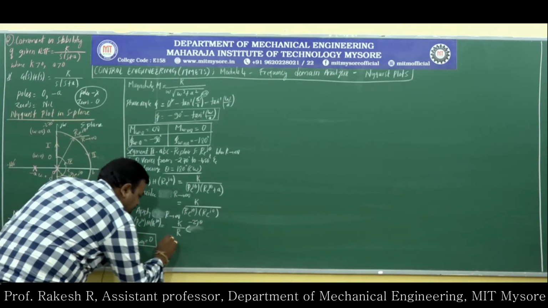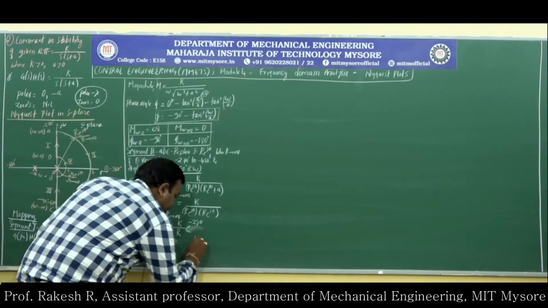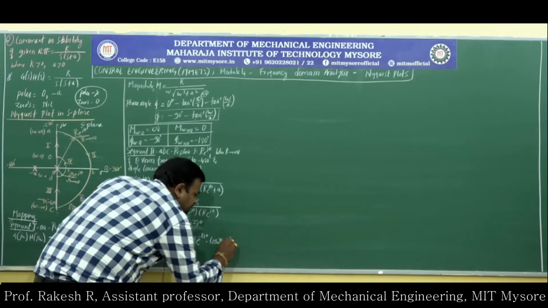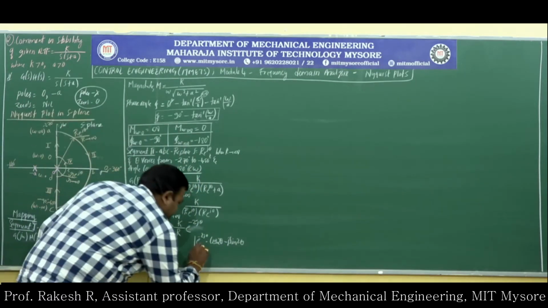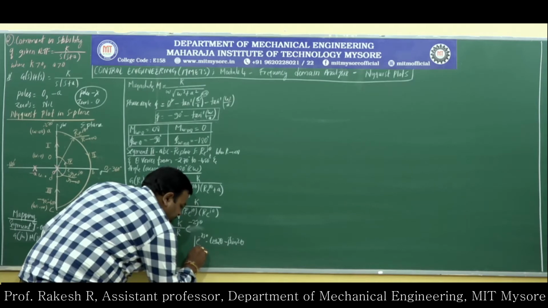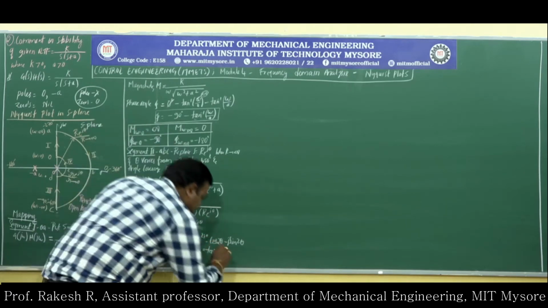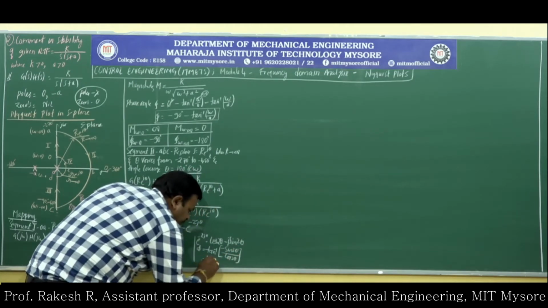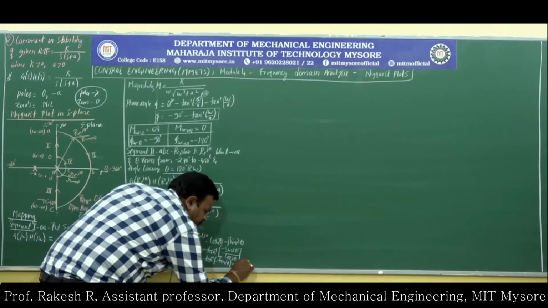And what is the phase angle? Phase angle will be equal to, so e to the power of 2jθ can be written as cos 2θ minus j sin 2θ. So what is the phase angle formula? Phase angle φ will be equal to tan inverse of real part, minus sin 2θ, and imaginary part, cos 2θ. Sin by cos, tan inverse of minus tan 2θ, so you will get minus 2θ.